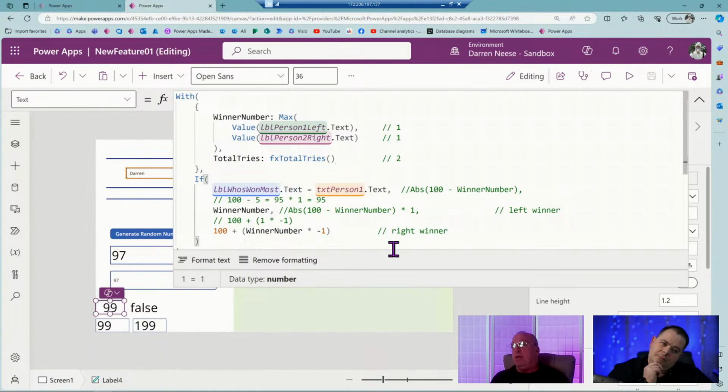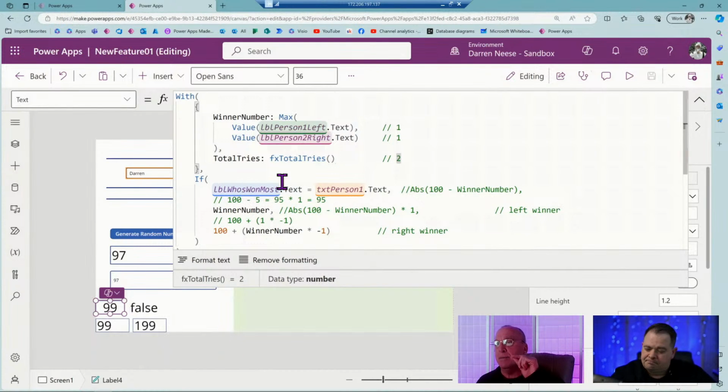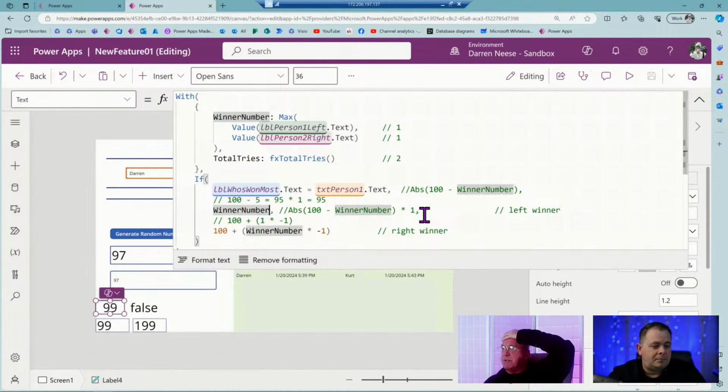So we've got 1. Each person has 1. Yep, it's a tie. So you take the winning number and you're going to divide that by the number of tries. You should get a percentage then.